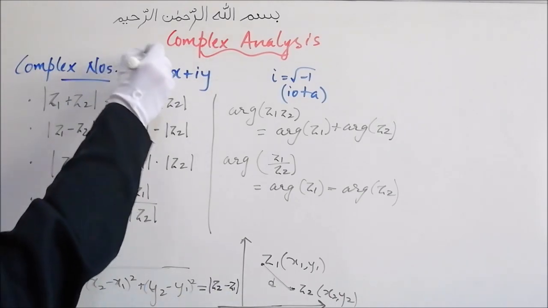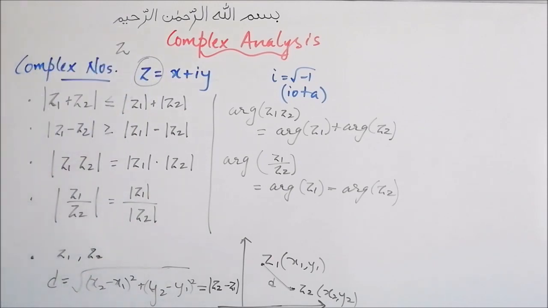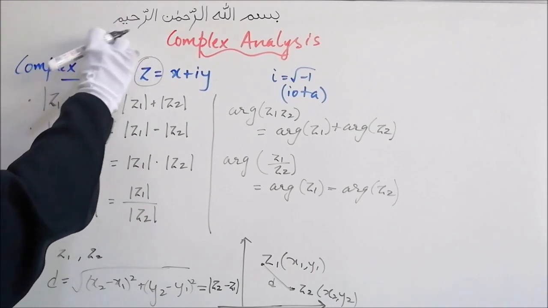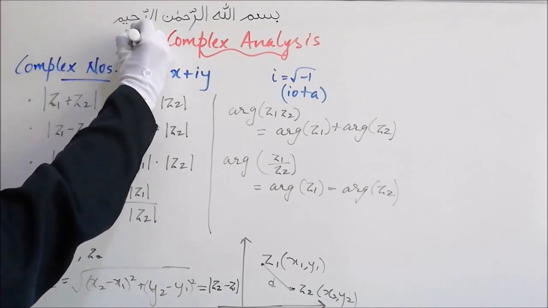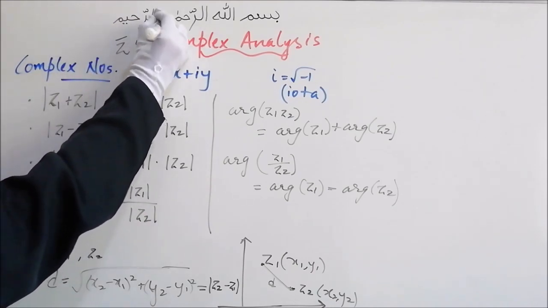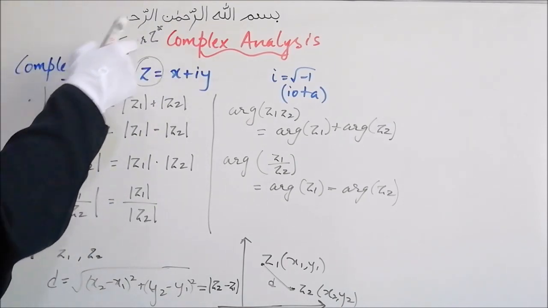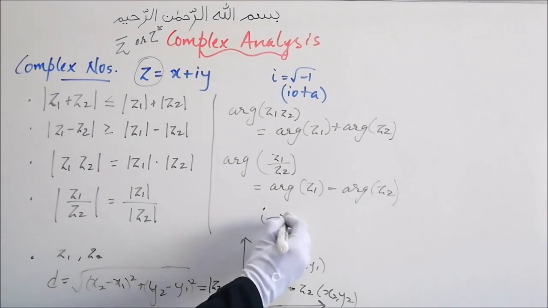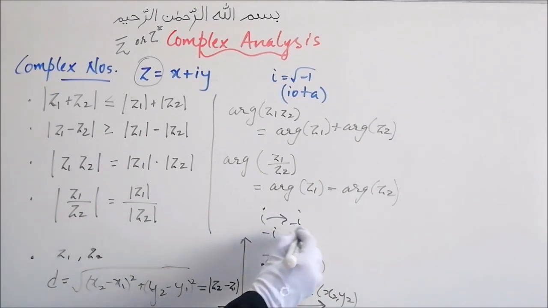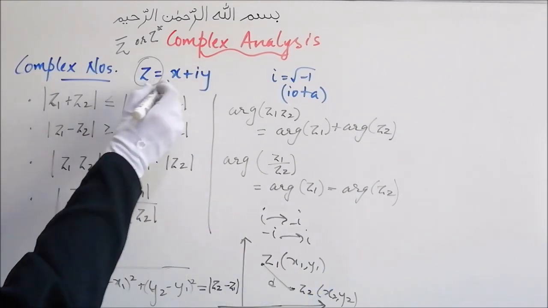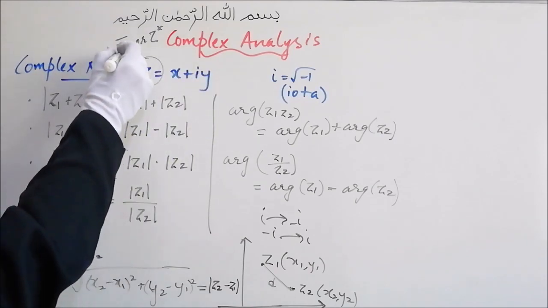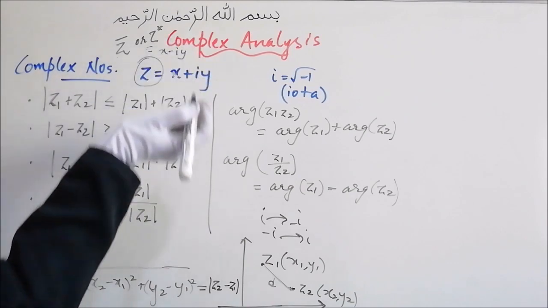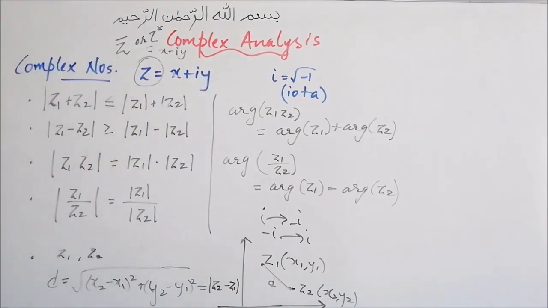This is the complex number z. Its complex conjugate is written as z bar or z star. And in the complex conjugate, what do we do? We replace i by minus i and minus i by i. So if z is x plus iy, then z bar or z star, its complex conjugate, will be x minus iy; plus i will change to minus i.